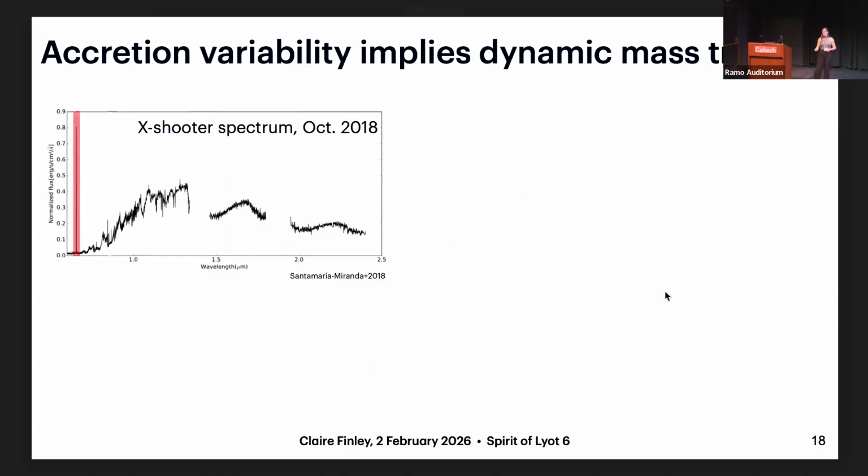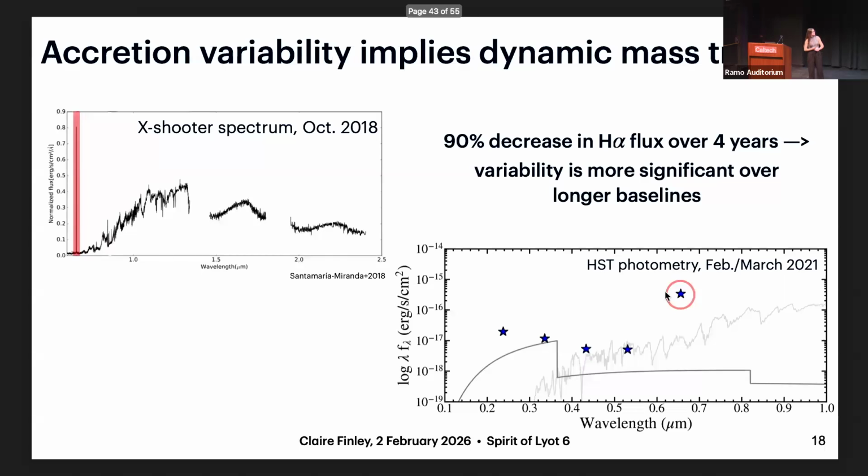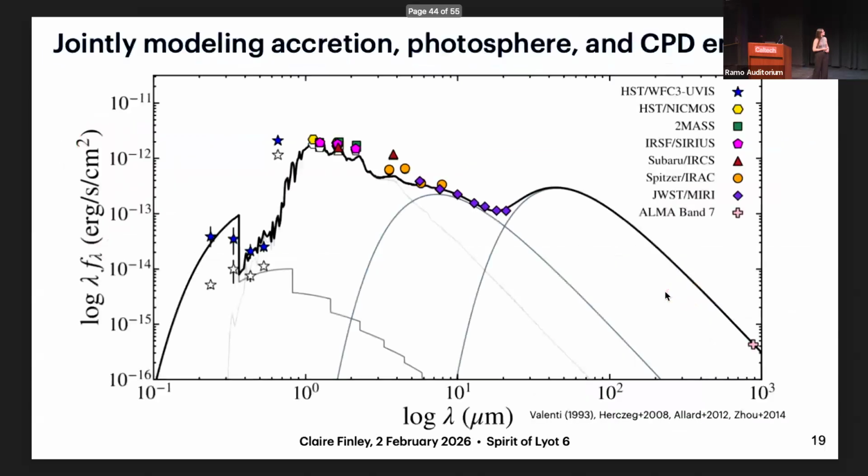But when compared to an epoch taken 4 years earlier from X-Shooter, we see a 90% decrease in the H-alpha flux over these 4 years, which backs up the recent theoretical prediction that variability is expected to be more significant over longer baselines. So with that, we find this unique framework of jointly modeling the accretion and circumplanetary disk properties